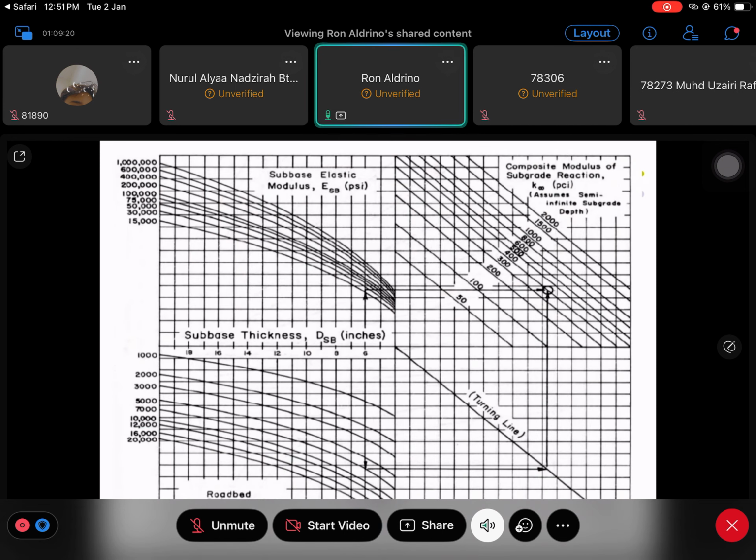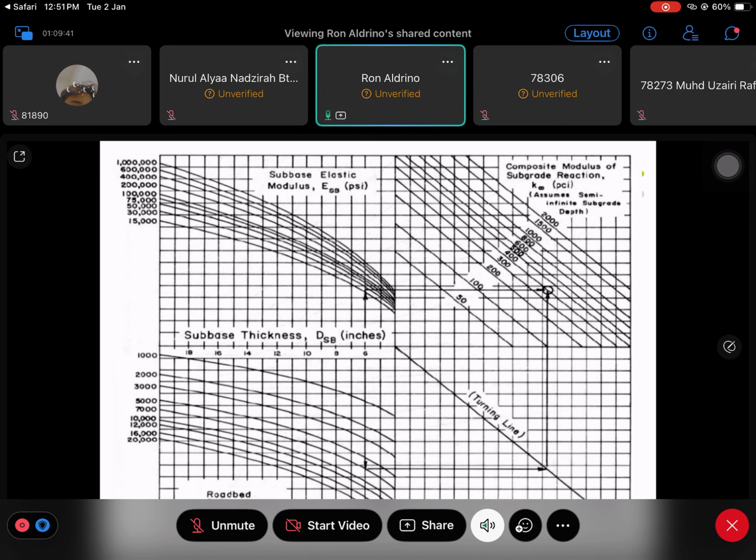Okay, so you look at this chart. This chart is based on H-slow. That is why you look at the chart. It is basically using imperial units. So when it comes to, like I mentioned earlier on, at the moment, we don't have our own Malaysian standard. I think we have our own, but it is not